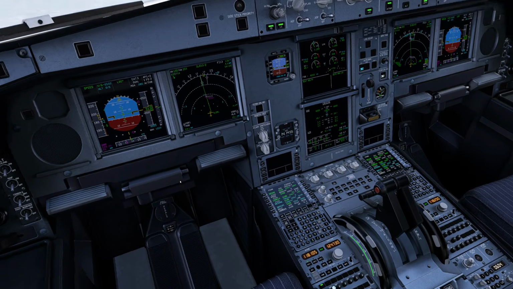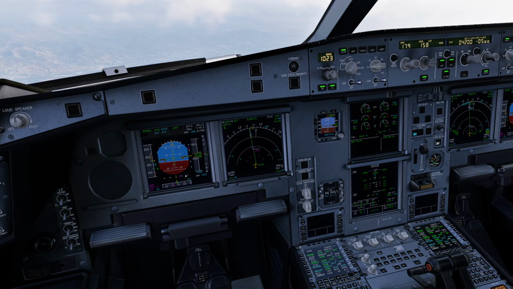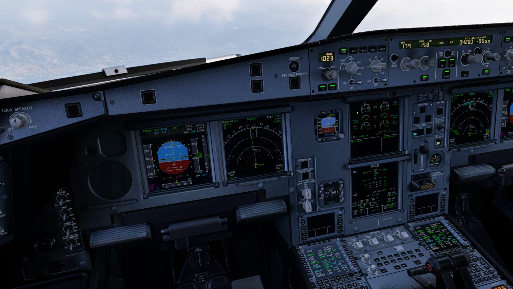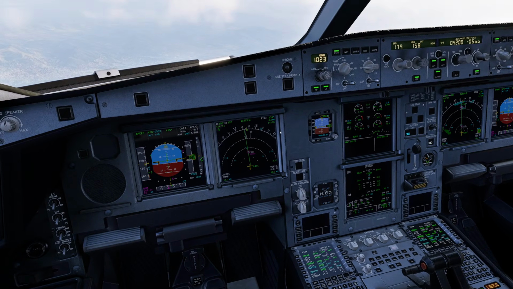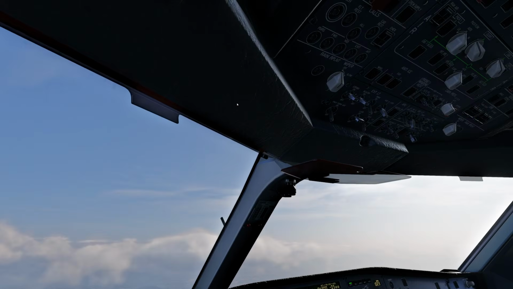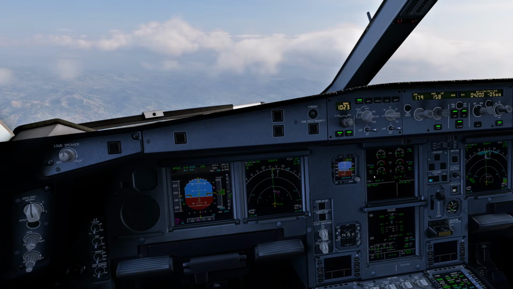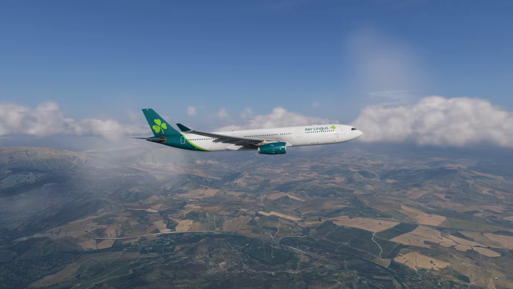My throttle axis is a little bit noisy, that's where the extra clicks are coming from. I think we momentarily got a power increase because of the throttle axis as well, that was nice. But we didn't bust the flap limiting speeds. Right, we've got landing lights on, and I'm still in config 1,